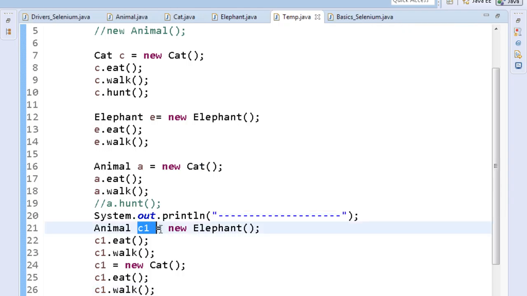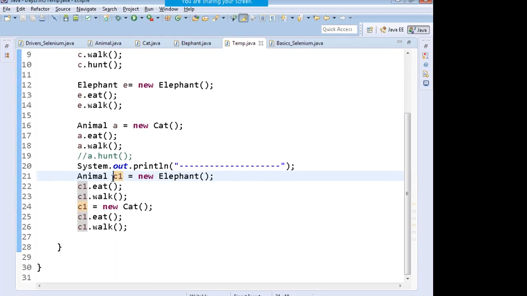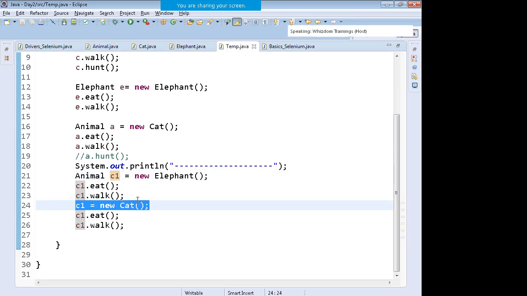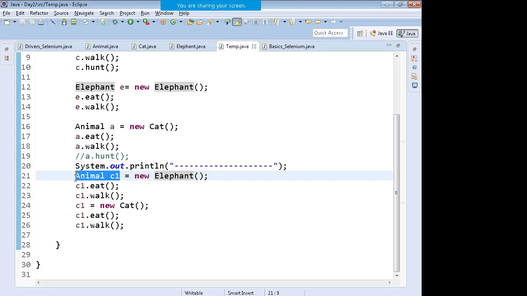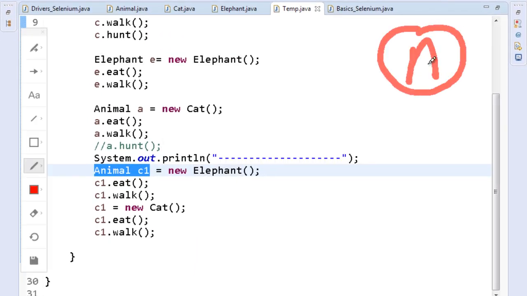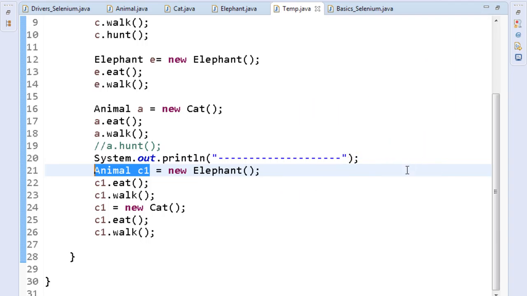The reference is the same, c1. Dynamically I can point it, as I wish, to the object of elephant or to the object of the cat class, since both the classes are implementing the animal interface. It's upon me. This is the animal interface, and the cat and elephant classes, oh, sorry,